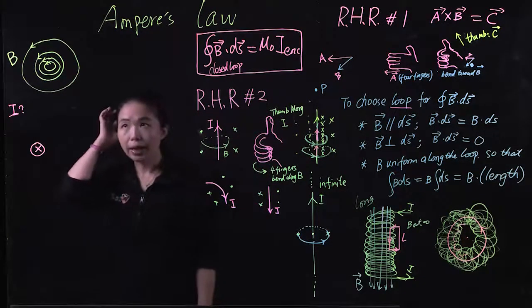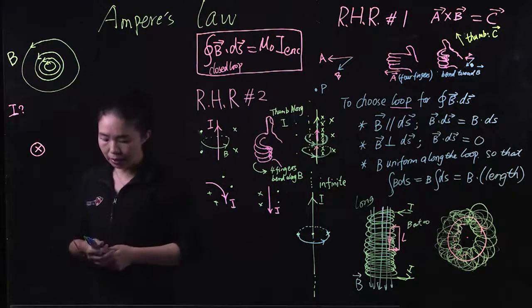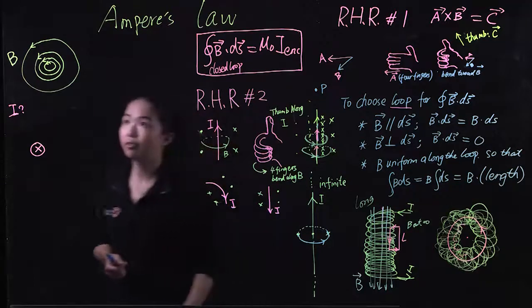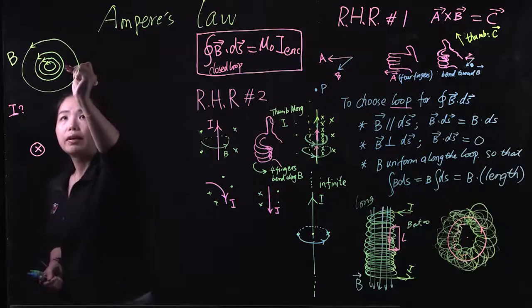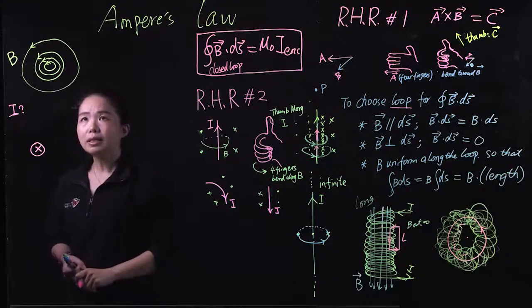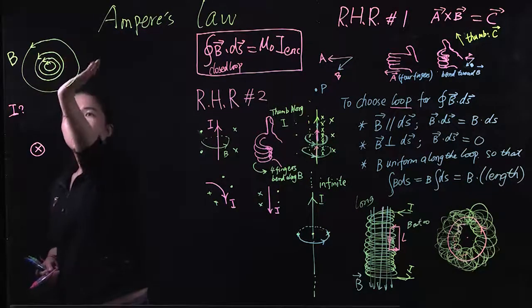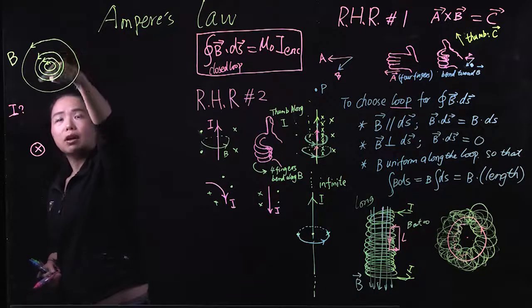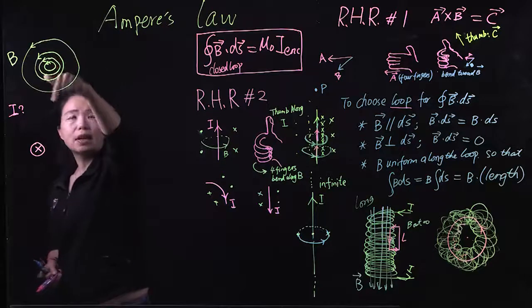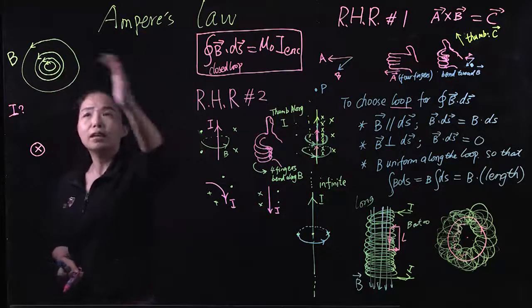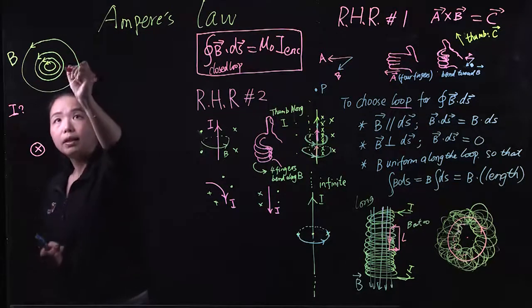Let's look at this B field. When we have a looping B field created like that, we notice that one location is obviously different from any other location, which is the center of all those rings. Why? Because if we do a path integral of B dot ds, no matter which path we choose along those circles, we are always going to have some positive value for that integral, as long as we are including this part